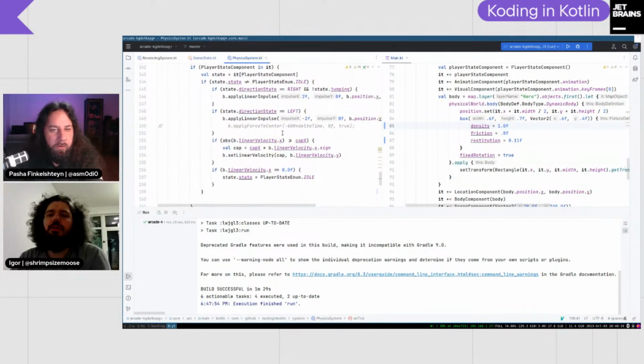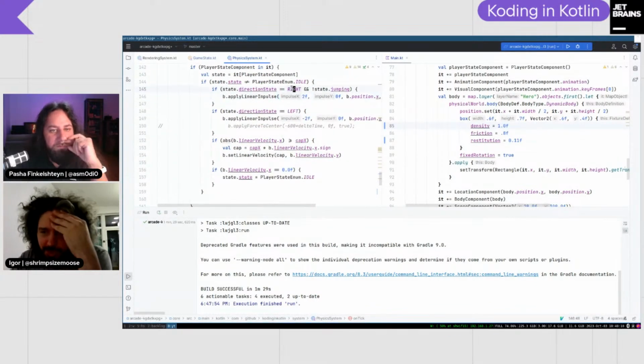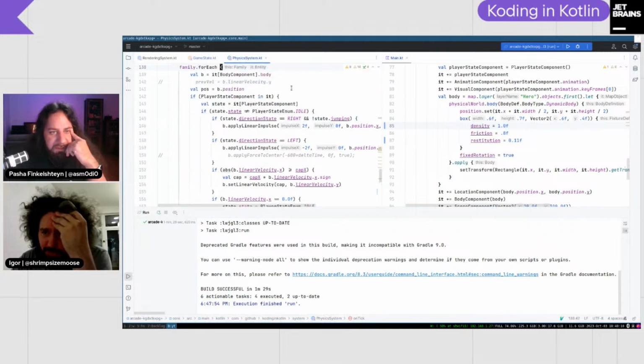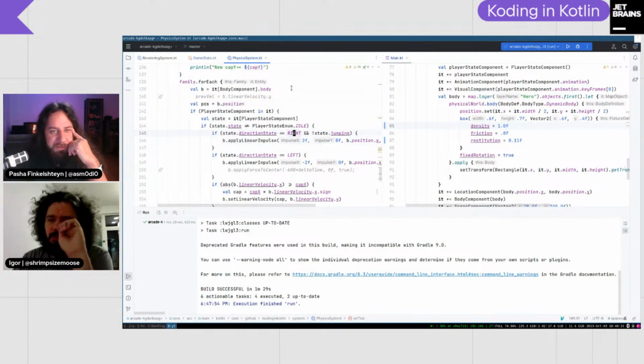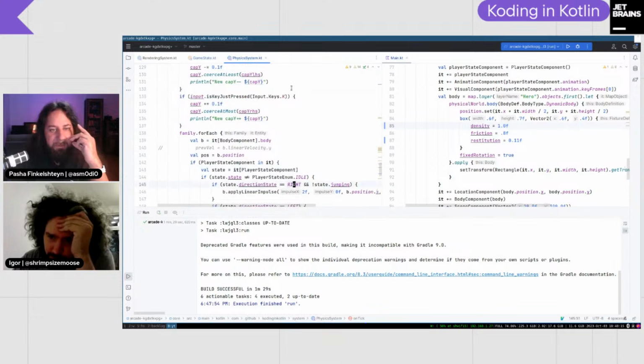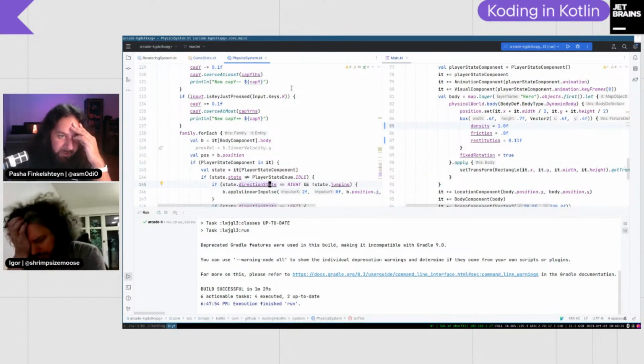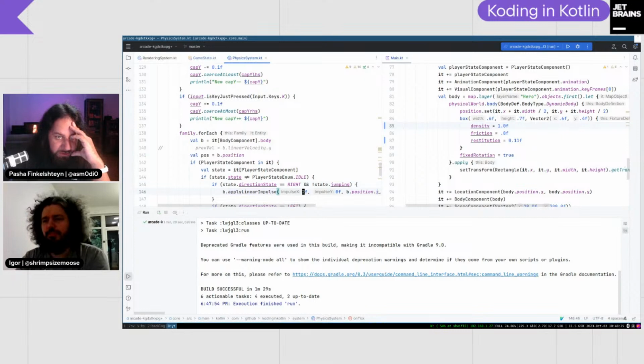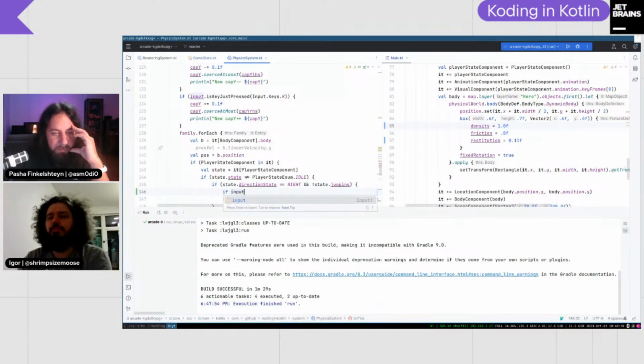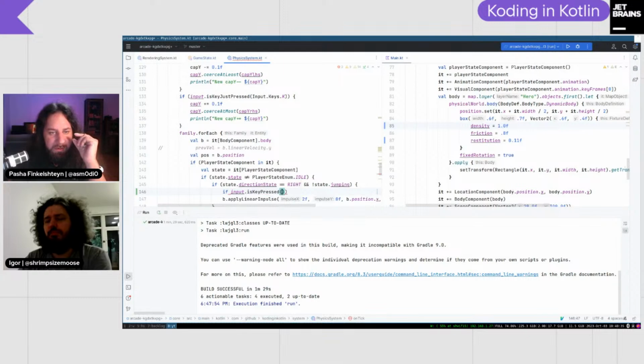Okay, so I would probably want to have it here, right? That's fine. So your impulse X, for example, you can put it right here, inside apply linear impulse. If input is key pressed shift, not just pressed, is key pressed.